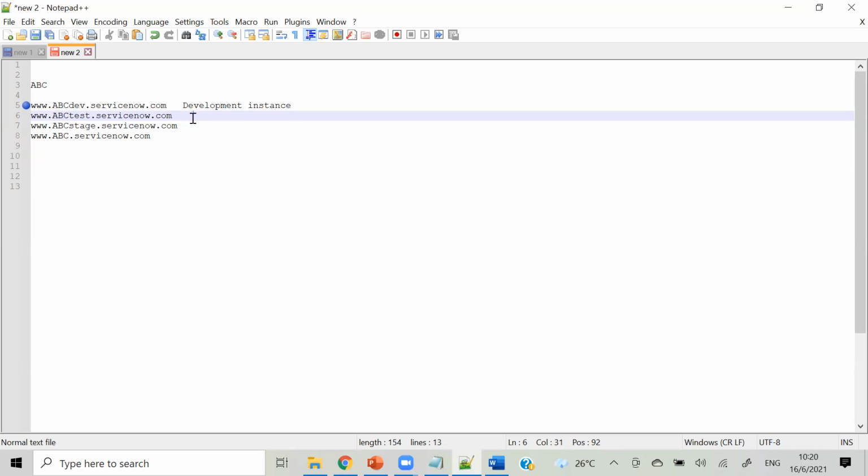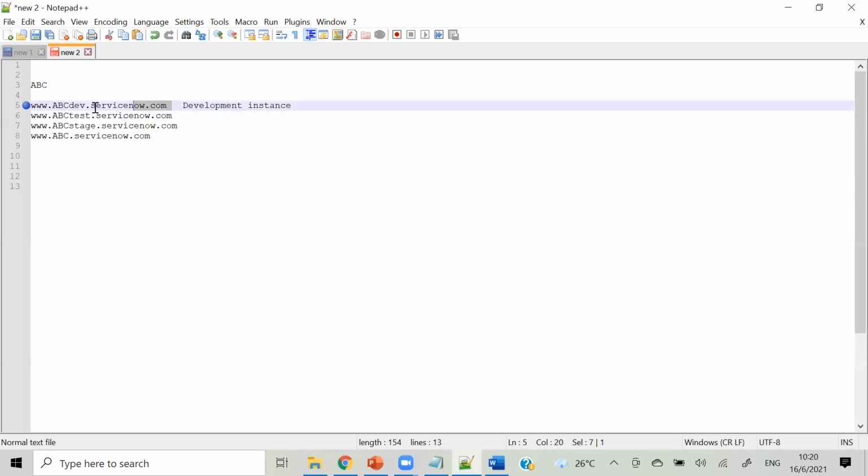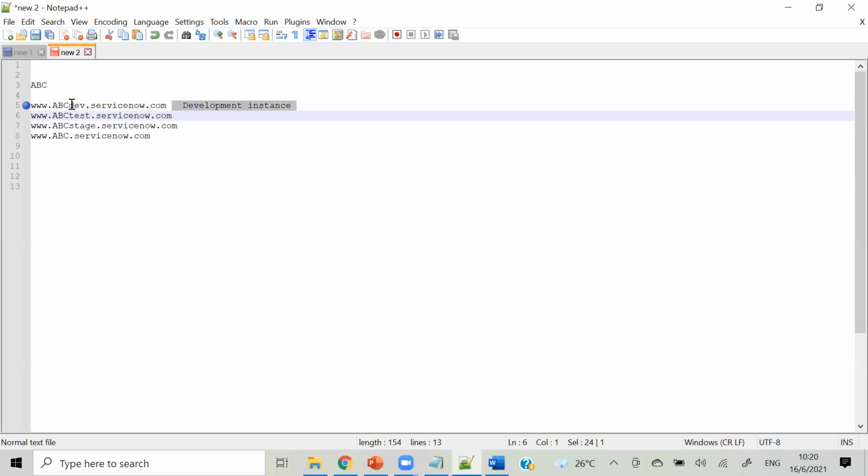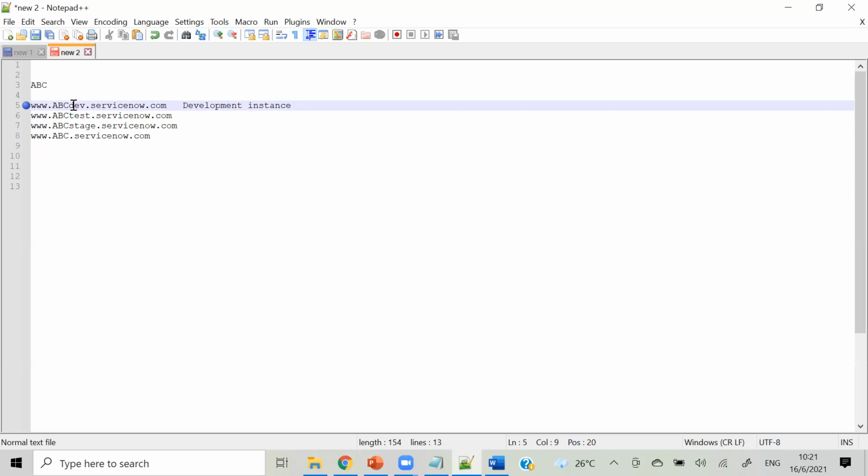If you have moved an update set and it is not working properly, instead of backing out every time, create a new update set in your dev instance, say update set number 2, and capture all the correct configurations again, and then move that second update set to the test instance.